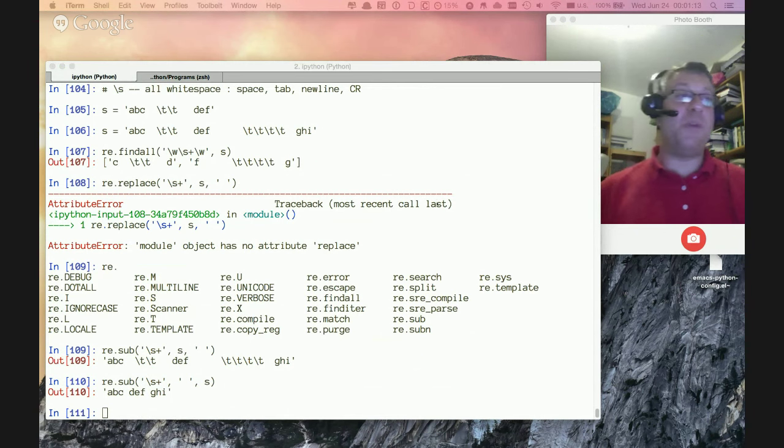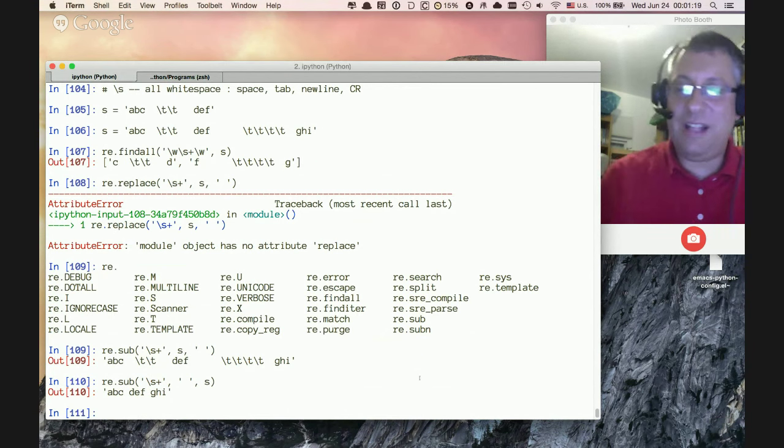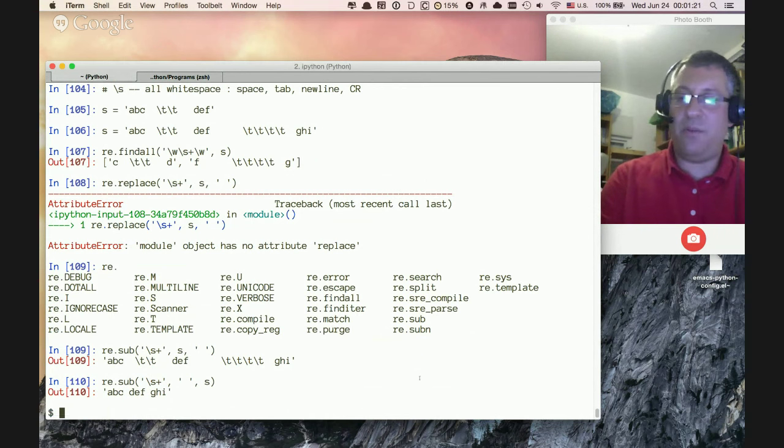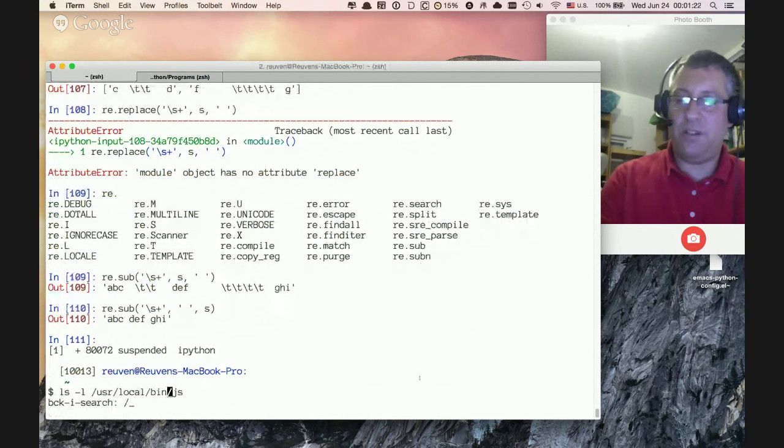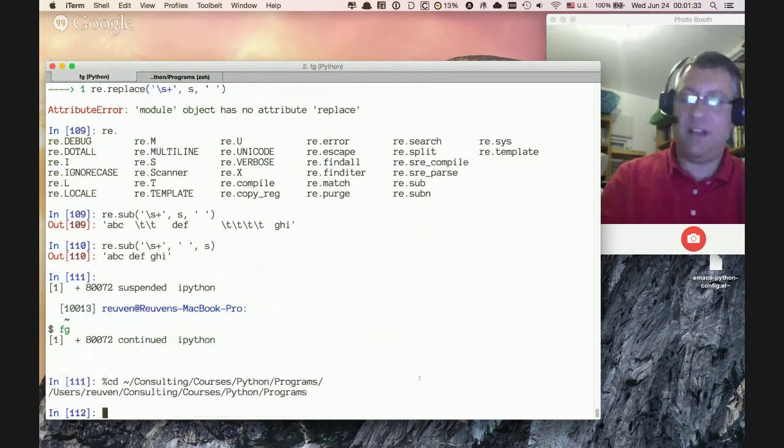Here, tell you what, I'm going to show you one more. If there are no questions, I'm going to show you one more character class and have some fun with it. I have here a file. Let's cd into something, courses, Python programs. This is where I put my exercises. And if we look at,